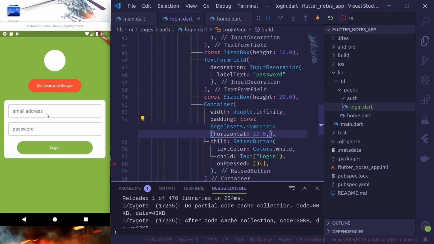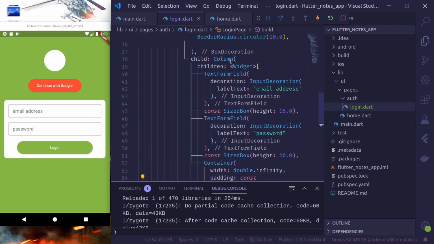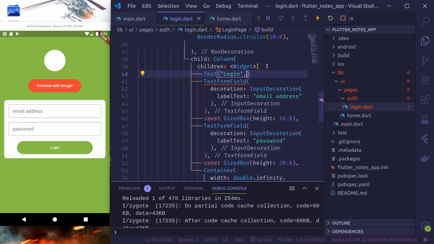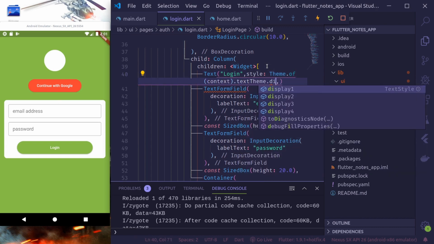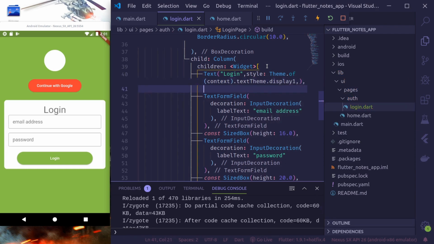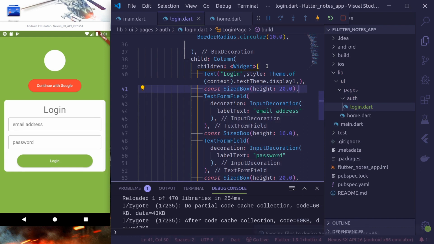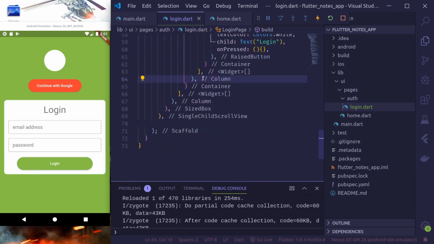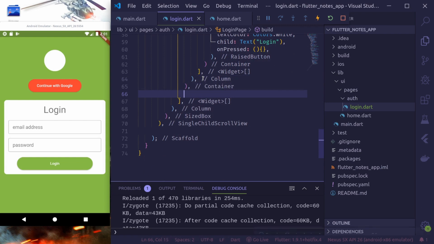Okay, so I think this is better, and maybe before this email address field we'll give a title here, text here that says login. And let me style this with theme of context dot textTheme dot display1. Okay, yeah, let's separate this with sized box of height 20. Okay, so this is a pretty simple login form, and maybe after this container here we'll use another button,